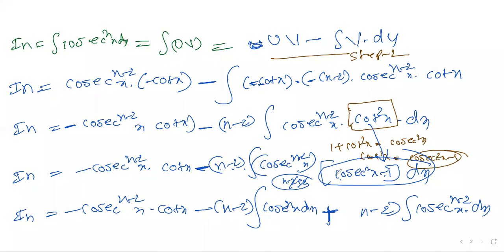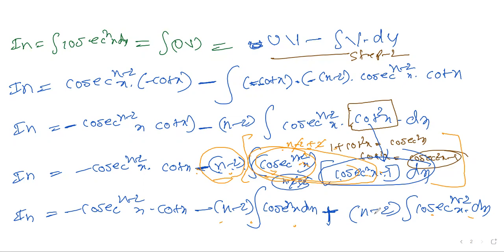If anyone has any doubt, once again I will read it back. Your thing is very simple. This n minus 2 you multiply with the entire thing. You multiply it with the first case: cosecant power n minus 2 into square, so n minus 2 plus 2 cancels and cosecant power n only will come. So n minus 2 into this. And after that, cosecant power n minus 2 into 1, cosecant power n minus 2. Because n minus 2 is there, minus of n minus 2 is also the multiplier of this entire thing. So minus into minus gives plus. This is what I wrote.